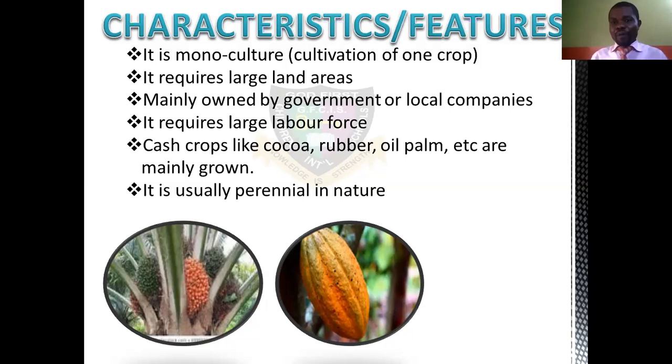It requires a large labor force, yes. Unlike subsistence agriculture we discussed that uses family labor, papa, mama, and children just go and do small work there because they do not sell. This one, remember, here they produce many food crops, but here it is cash crops. And it is done on a large area. The quantity is also large. So you cannot expect four people to work on a very big land area. They may spoil the crops there. They will allow bush to take over, and then pests and other things will come and affect the plantation.